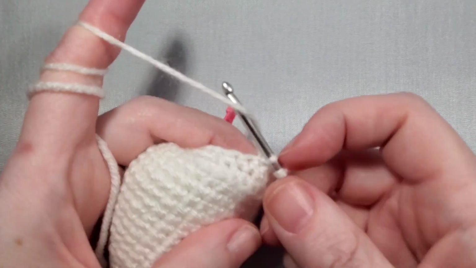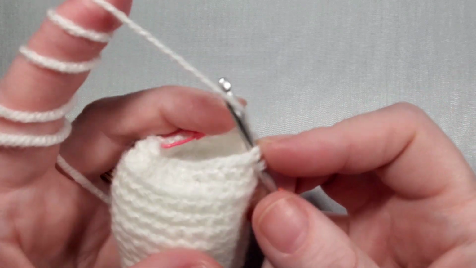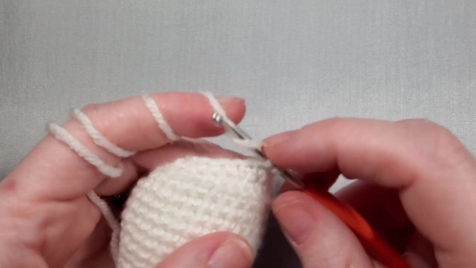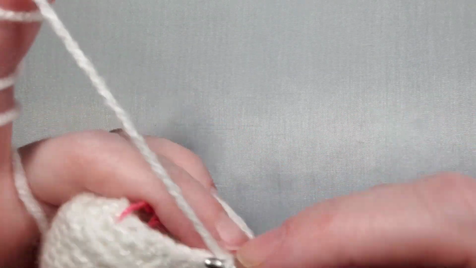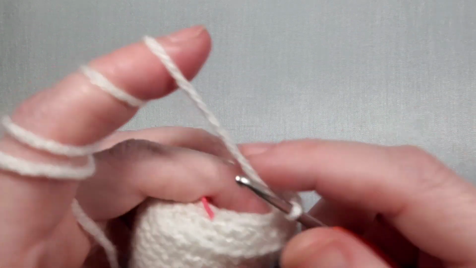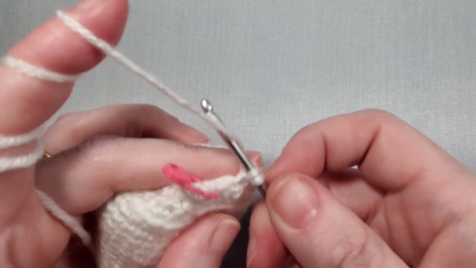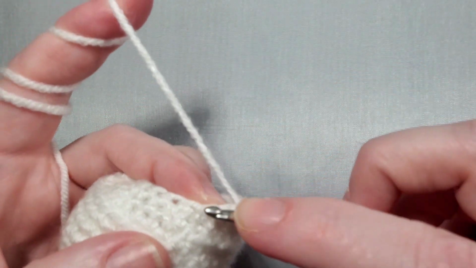Again, we're going to decrease, and then we'll follow that by a single crochet in the next 2 stitches. Decrease, 1 and 2. We've got our decrease, 1, 2, and we are on our final decrease, and this is for round 21, and we will now be down to 18 stitches, and we are